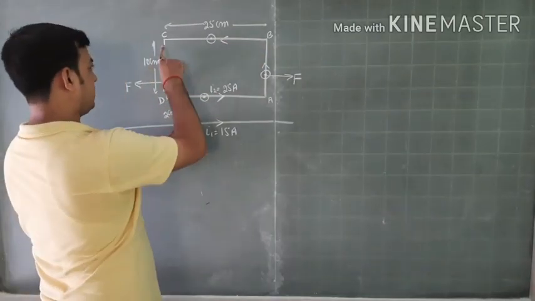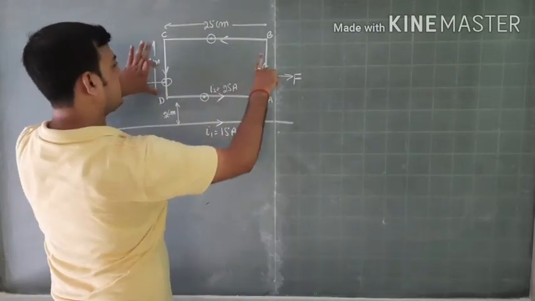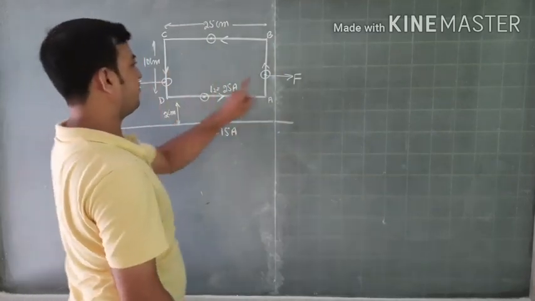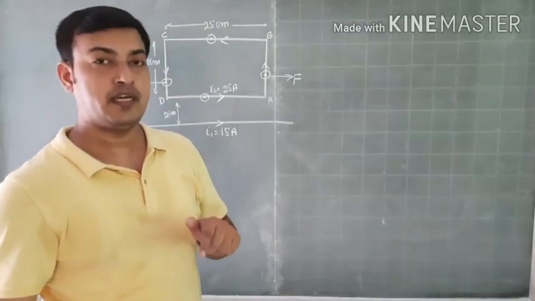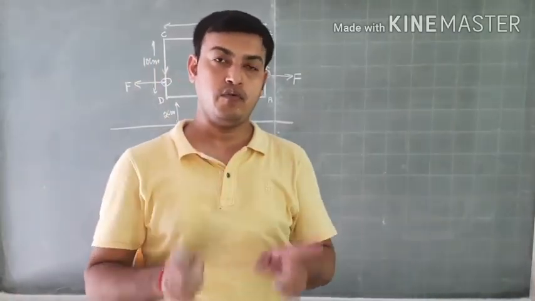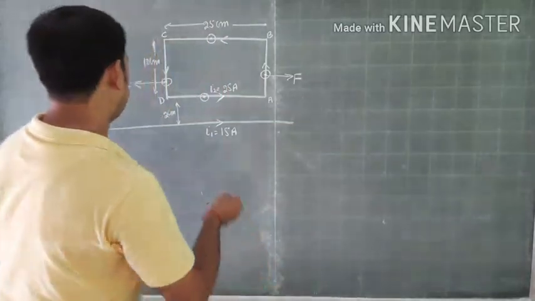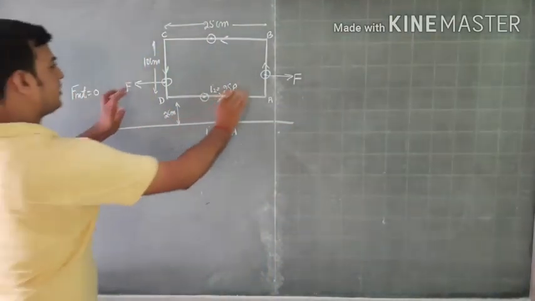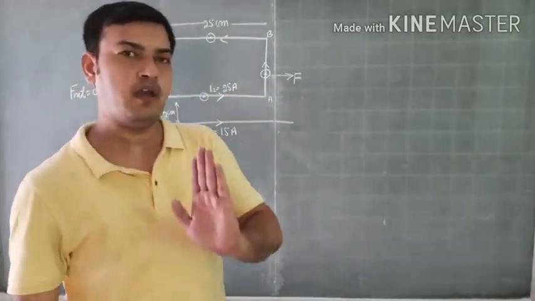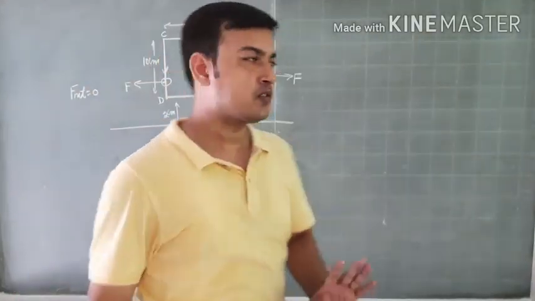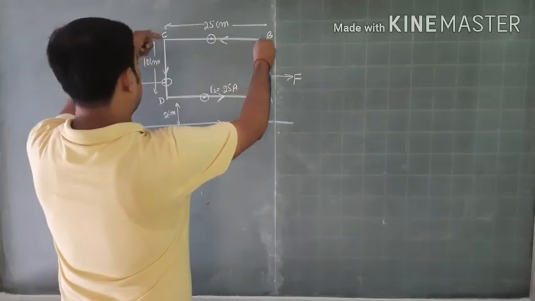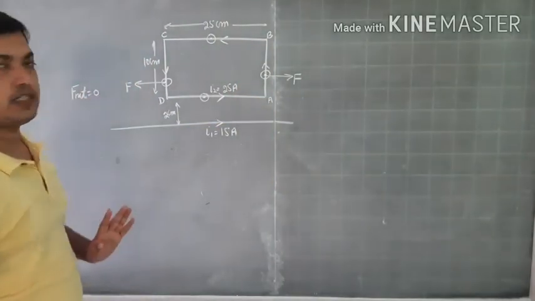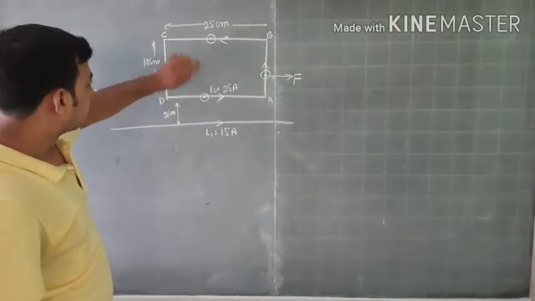The magnetic field on this wire due to this wire will be the same, the length of these two arms is the same, but the forces are in the opposite direction. So if we have a pair of two forces equal and opposite, then the net force is going to be 0. So you can say that in these two arms the total force acting is 0. Now I will consider the remaining two arms.